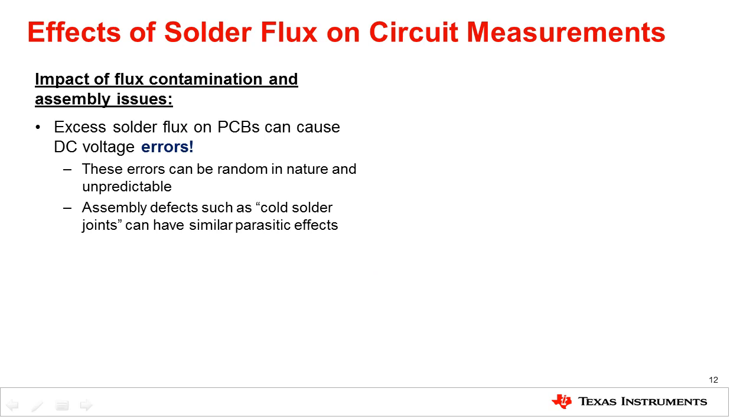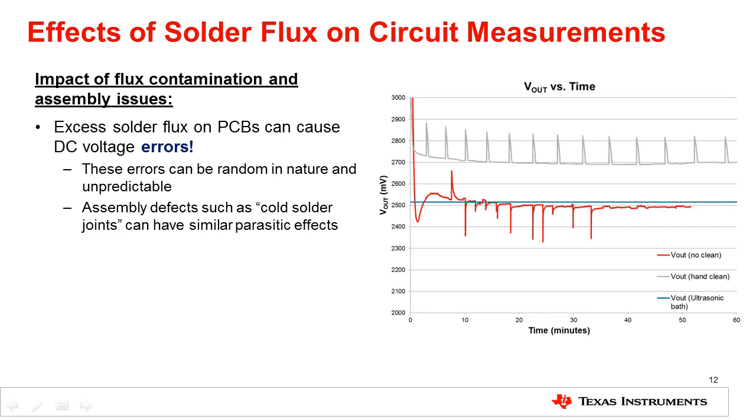We have seen an example of how parasitics can be represented from a schematic perspective. It's also valuable to see real-world effects of parasitic components such as flux contamination on an application circuit. Parasitics caused by flux contamination can attribute to the overall DC error of the circuit. Even worse, since flux contamination is non-ideal, the effects can be random and unpredictable. The graph shown on the right represents the electrical measurements over time of 3 examples: uncleaned system, hand-cleaned, and cleaning using an ultrasonic bath. The output voltage of the system was recorded for 60 minutes in all 3 cases. It is critical to note the output voltage over time for each example.